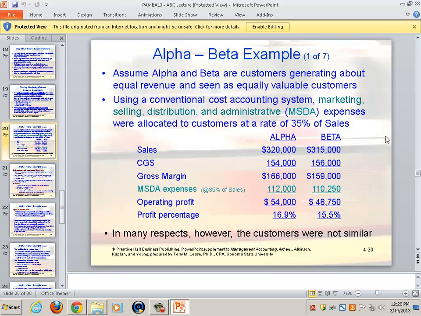But we need to assess the profitabilities of alpha and beta and suspect that allocating at a 35% uniform rate